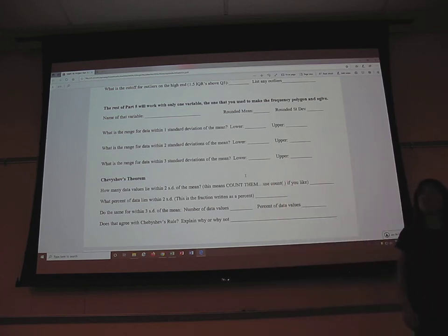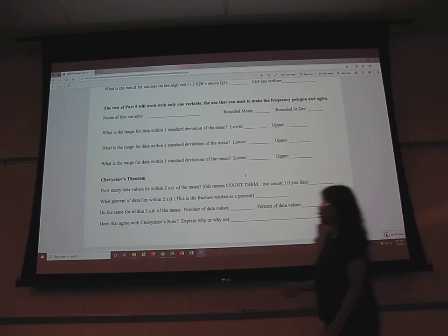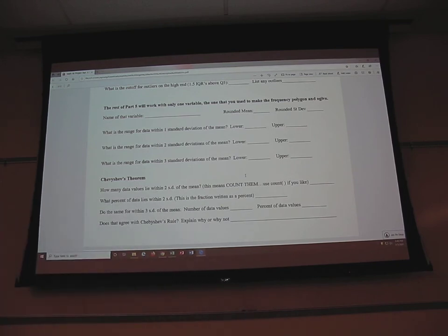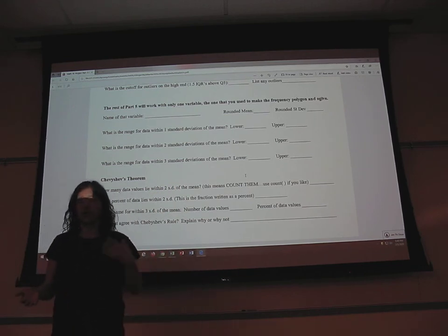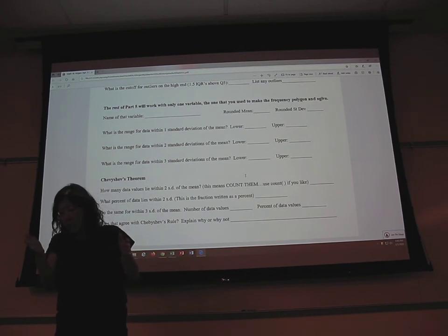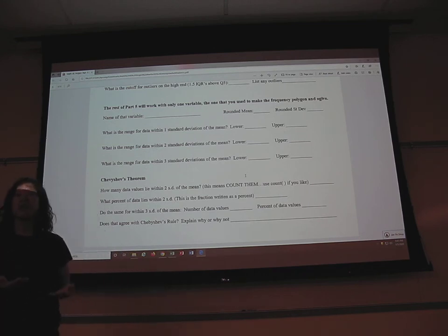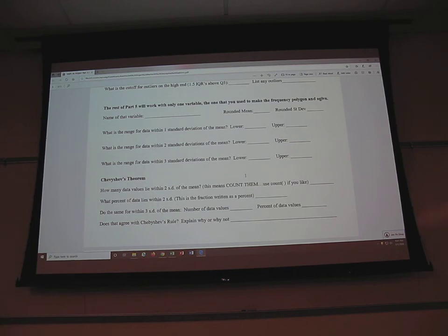Then you're going to literally count how many fall within one standard deviation. So if my standard deviation is, within one standard deviation goes from 63.4 to 68.9, then you're going to figure out how many things fall between 63.4 and 68. Whatever I just said. You're going to look through your data and you're going to count how many are in there. And I would recommend you use the equals count function, because then you can just do equals count and